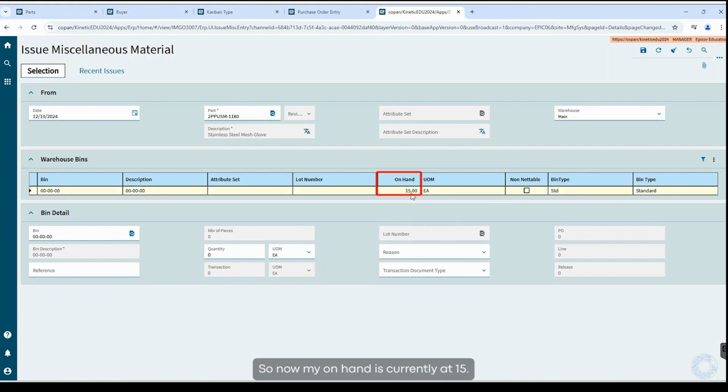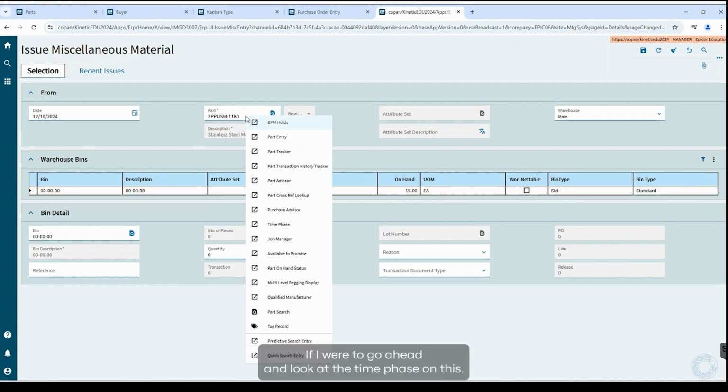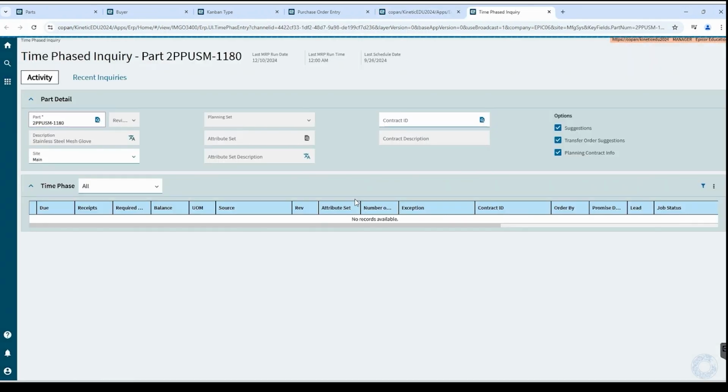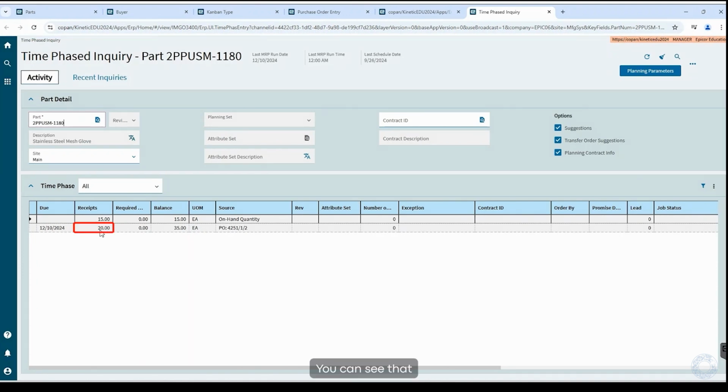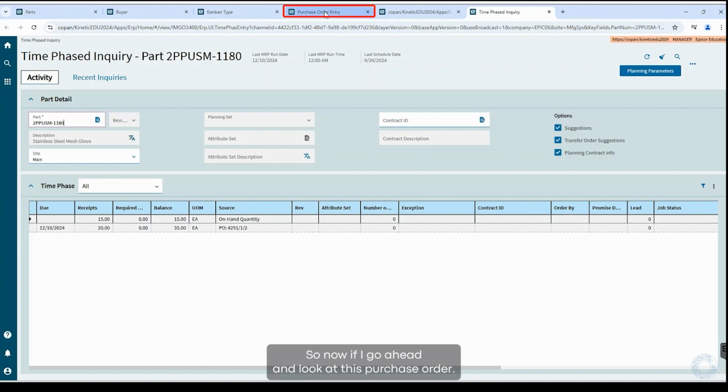So now my on hand is currently at 15. If I were to go ahead and look at the time phase on this, you can see that I had 20 that were received in. It already created my new release on here just by me going ahead and doing that issue material. So now if I go ahead and look at this purchase order,